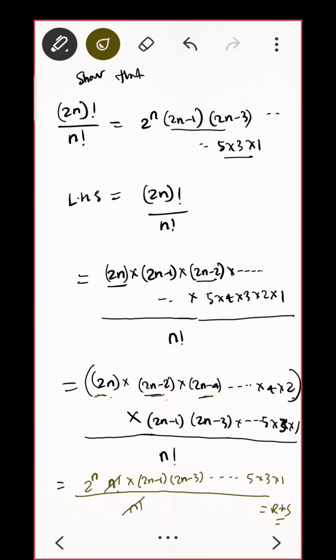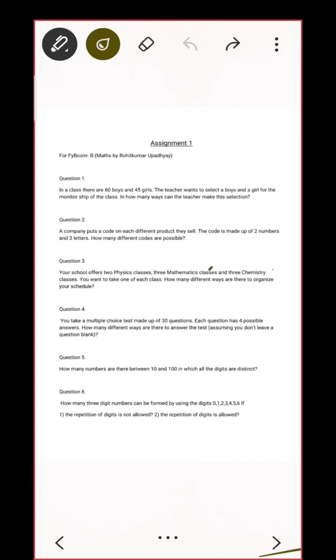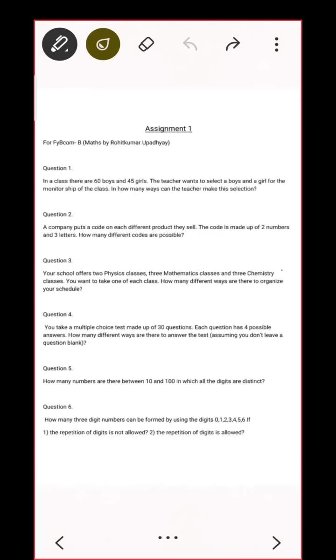Yes. So let us see the assignment problem. Can you see the screen? You may zoom it also. Let me just try to zoom a little bit. Yeah, is that clear now?